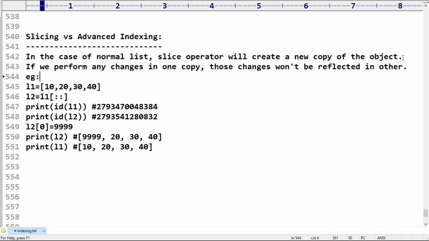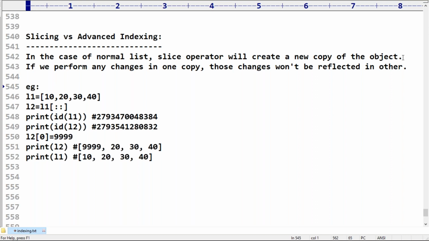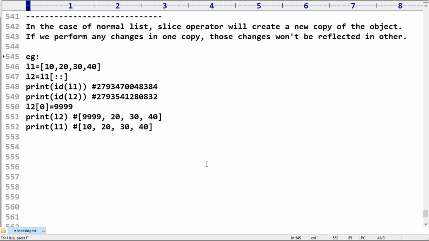Forget about deep copy, shallow copy, and so on. We created a new copy of the object. Now my question is, but in